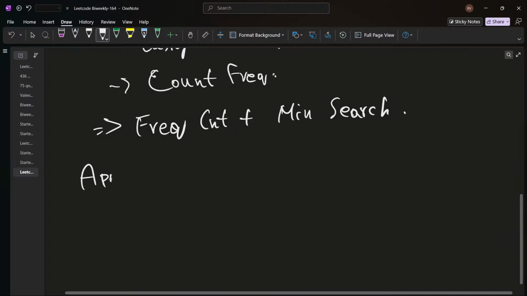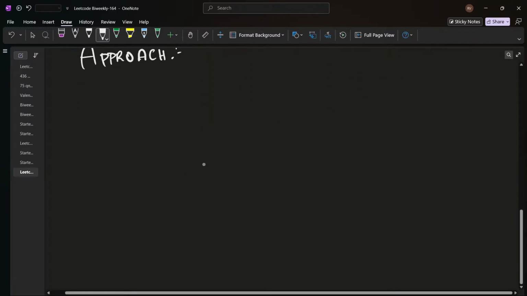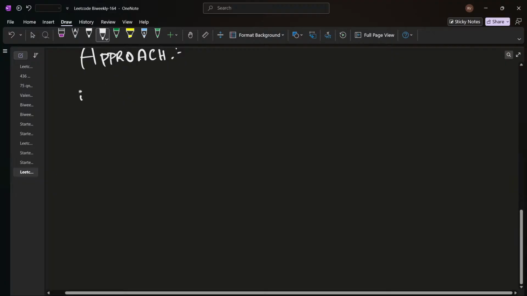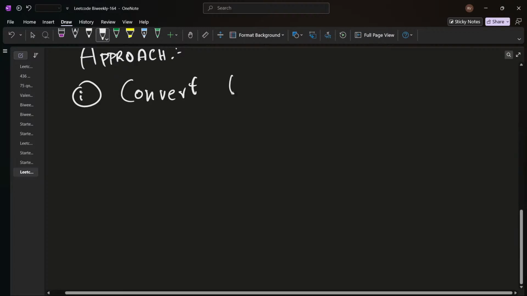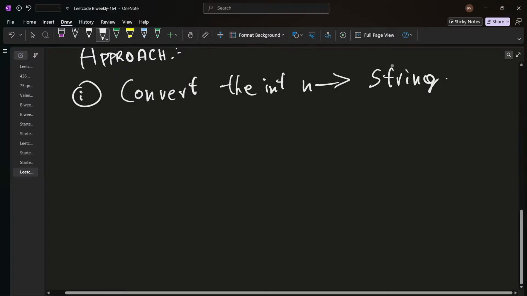I'll go to the approach. The approach for this question. First, convert the integer n to a string. Why are we doing this? It's easy to iterate over the digits in a string. After this, what I'll do,